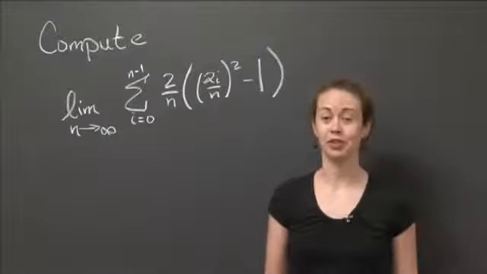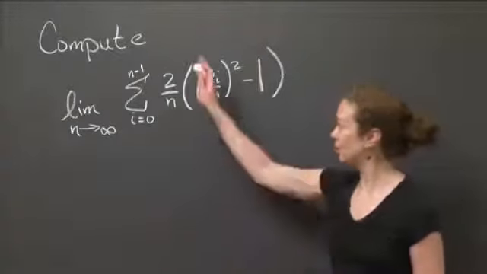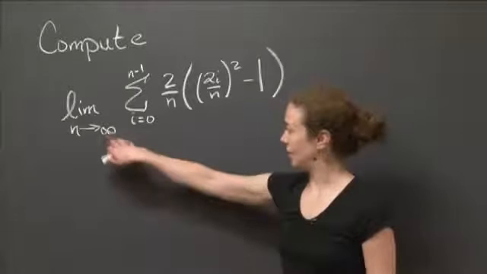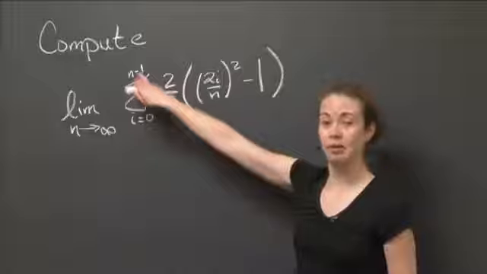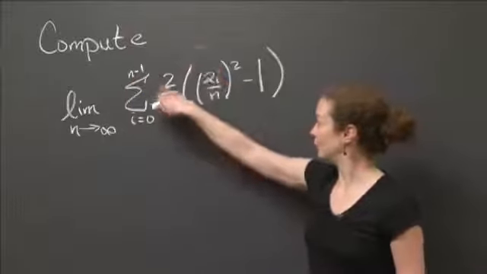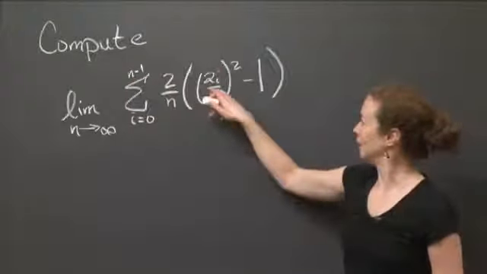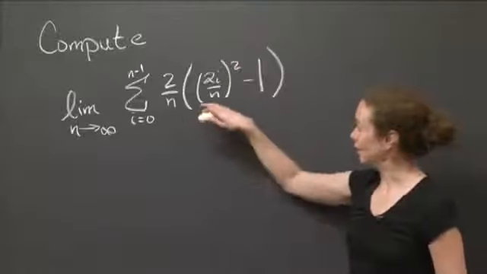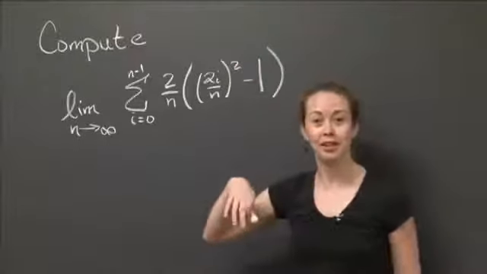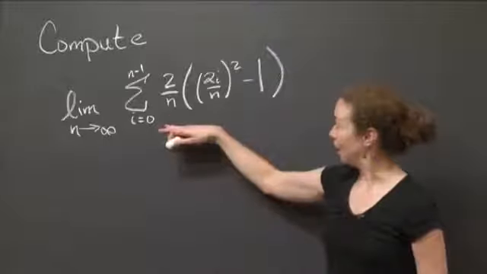Welcome back to recitation. In this video, I want us to compute the following limit. The limit as n goes to infinity of the sum for i equals 0 to n minus 1 of 2 over n times the quantity 2i over n quantity squared minus 1. Now, this might look a little intimidating to try and take a limit of this, but what I'd like you